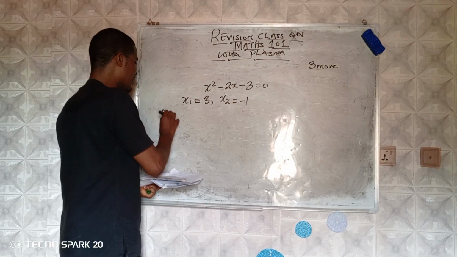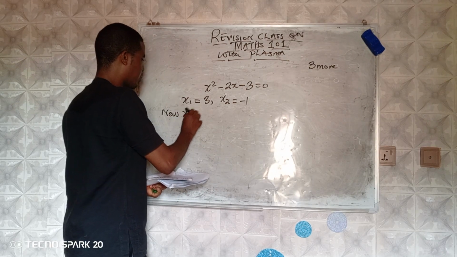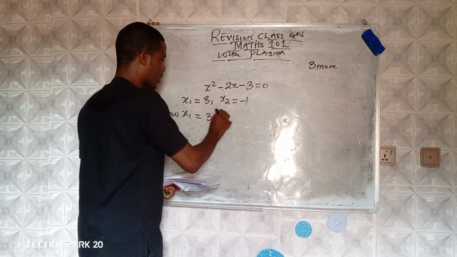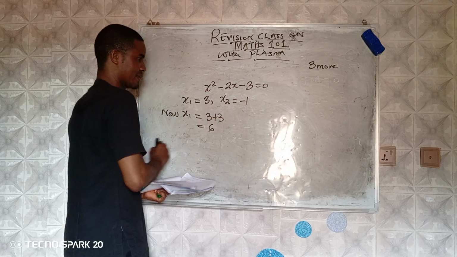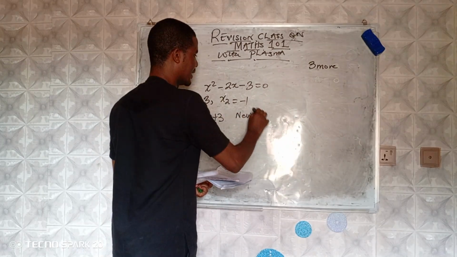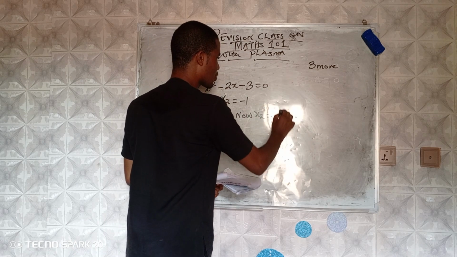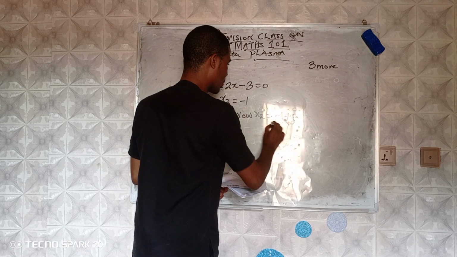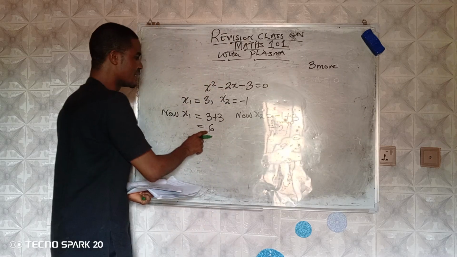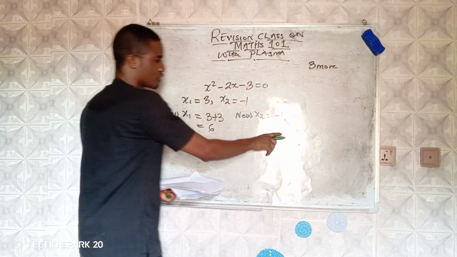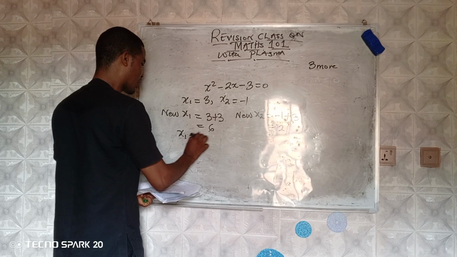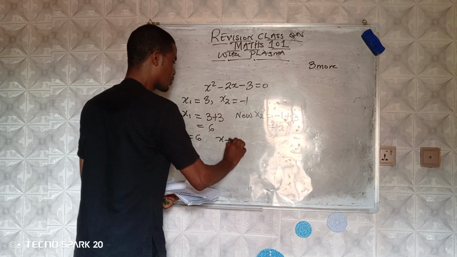So I will have new x1 will now be 3 plus 3, which is equal to 6. Then new x2 will be minus 1 plus 3, which will be equal to 2. So the new roots will carry 6 and 2. Since I now have my new x1 to be 6 and my new x2 to be 2,